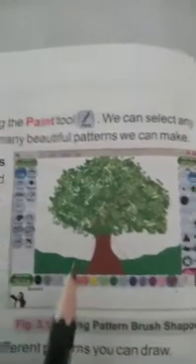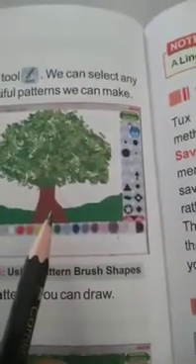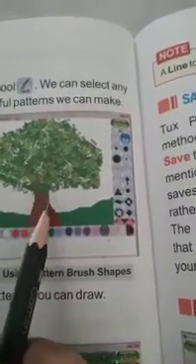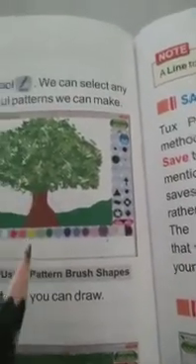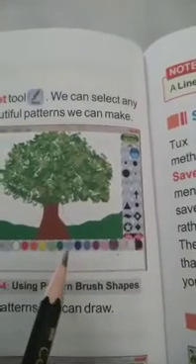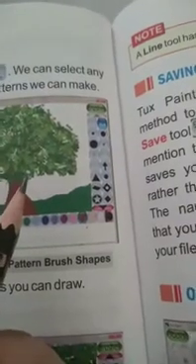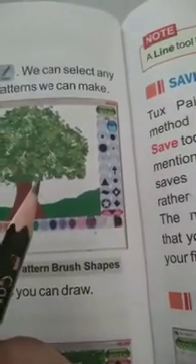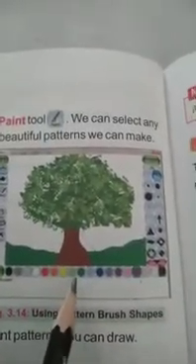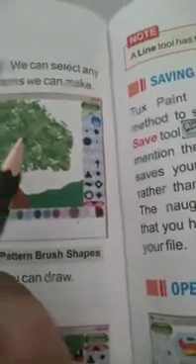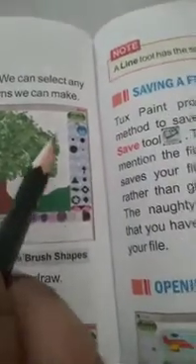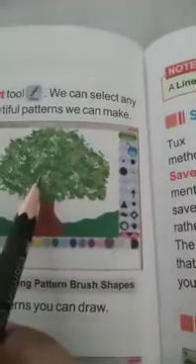Next, scroll down and select the vine shape. Select green color from the colors palette. Then point to the drawing area and draw the leaves by clicking on the stem. You will see beautiful trees as shown in the figure.